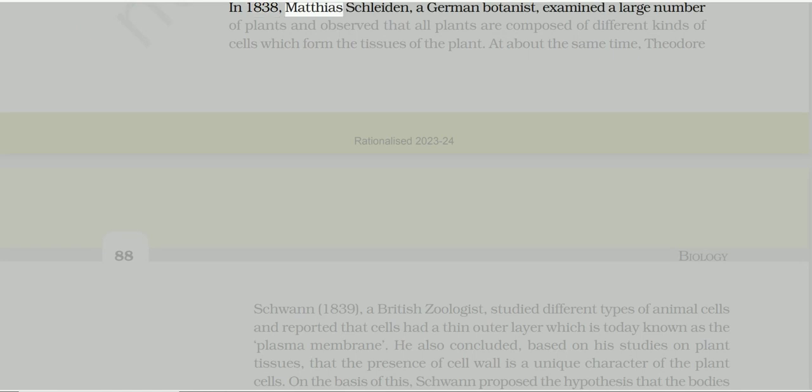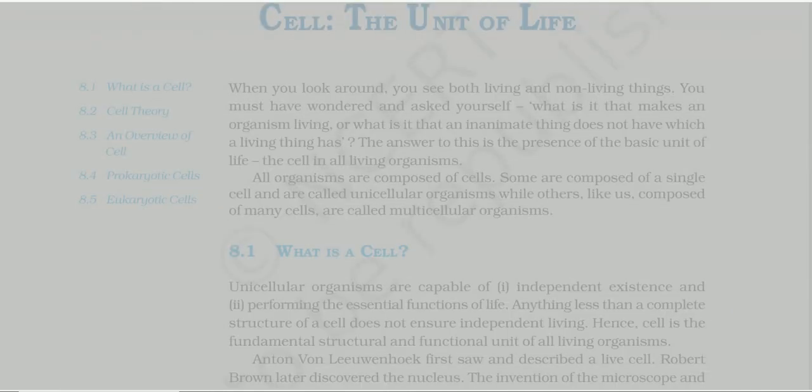In 1838, Matthias Schleiden, a German botanist, examined a large number of plants and observed that all plants are composed of different kinds of cells which form the tissues of the plant. At about the same time, Theodore Schwann,